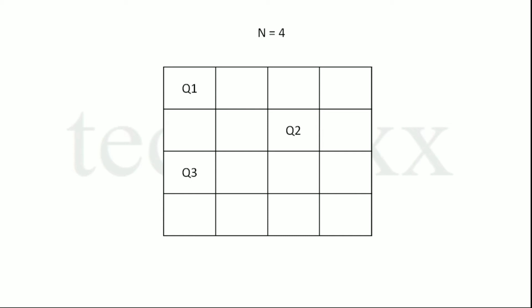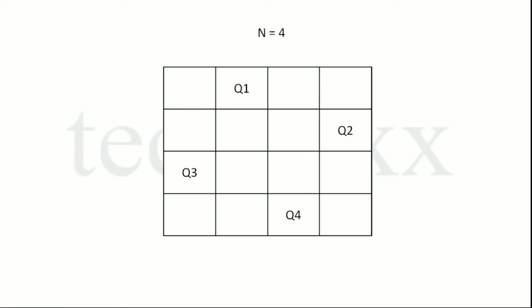can be attacked by queen 1 vertically. So we will further move the queen to the second column, but again it can be attacked by queen 2 diagonally. So we will change the position to the third column, but it can be attacked by queen 2 vertically, and same for the fourth column. Since we could not find any position for queen 3 with the existing positions of queen 1 and queen 2, we will backtrack to queen 2 and change the position of queen 2 to the fourth column, since we already tried the first and second columns. In this way we will reach a solution where no queen can attack any other queen.